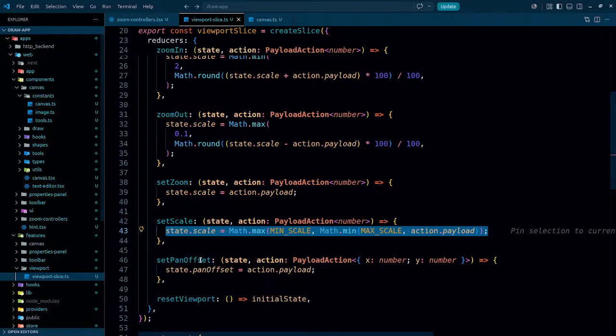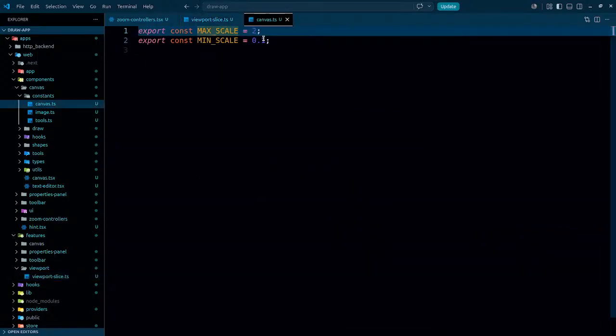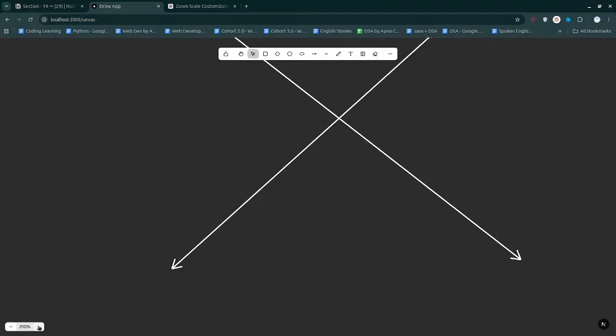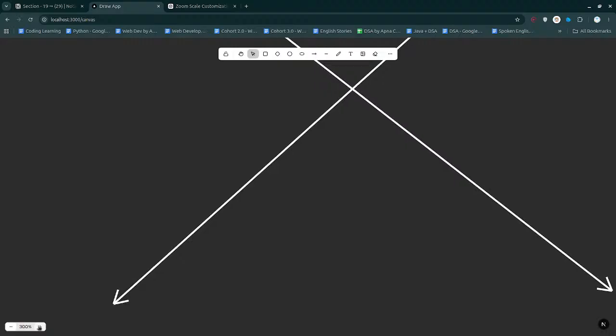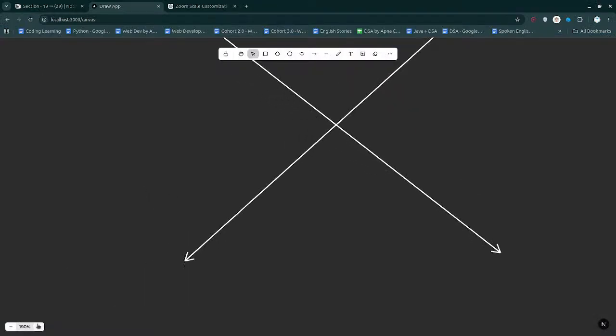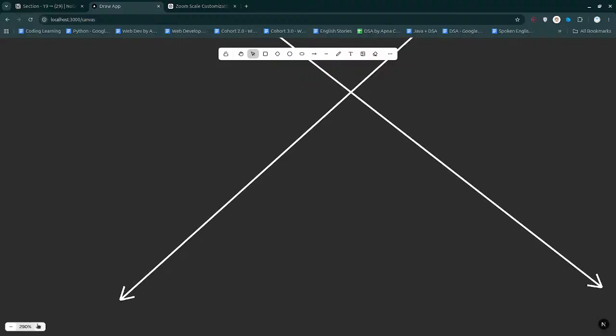We can even say that the max scale that we have, we can make it 3, so it can go till 300. So if we actually want a lot of zoom in, we can make it this much, and again it can just keep going on and on. Even we can make it 10, so it can go till 1000. So it will just simply keep zooming in,